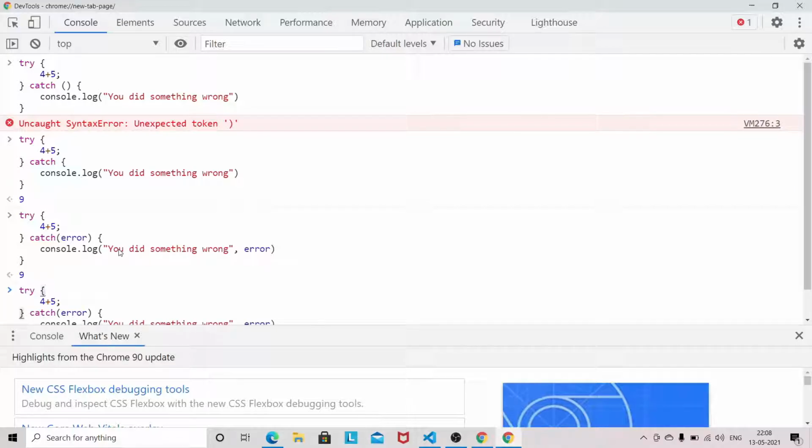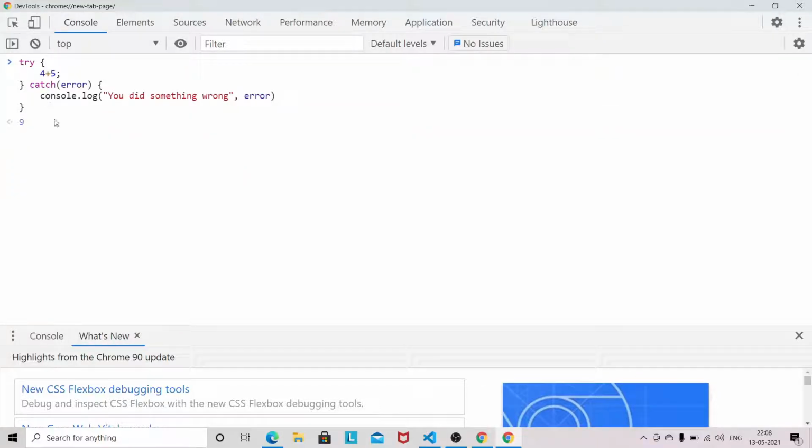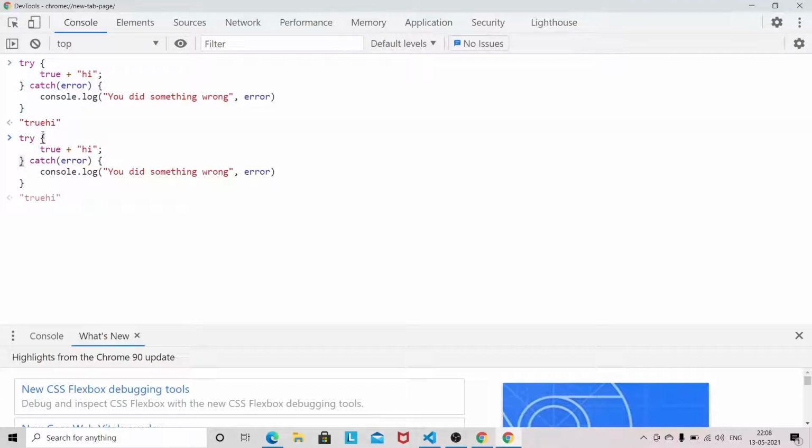So let's assume we have something like true. We are getting this value. Now if you give something like this, Bob, now we are getting the error.